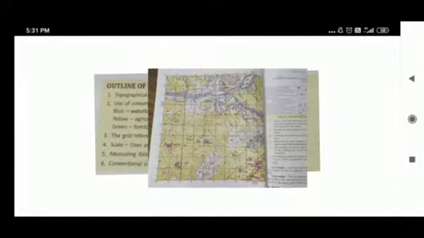So students, when we read about these topographical maps, we have to also know what are the purposes of using this type of maps. The purposes can be, it is used as a guide for traveling. They are used for military purpose. They are used by the students of geography to study the regional geography of an area in detail. These maps provide useful information to the engineers, town planners, tourists, geographers, geologists, etc.